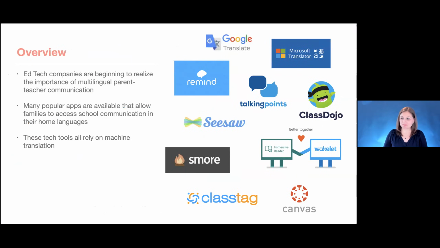Let's get going. Especially because of the pandemic, which has forced companies to innovate very quickly and accelerate a lot of the tools that they already had in their want-to-do pile, as they were thinking about what are some things on our wish list that we wish we could do with our app.